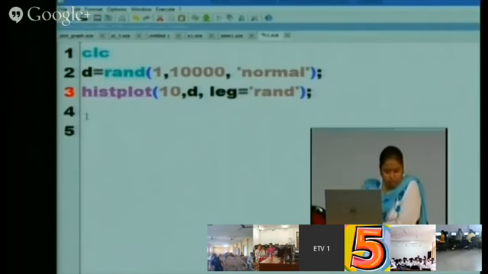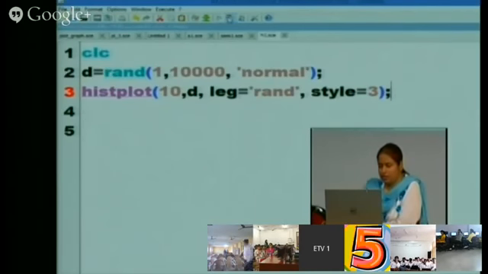Then you can also write comma style, comma just this only.